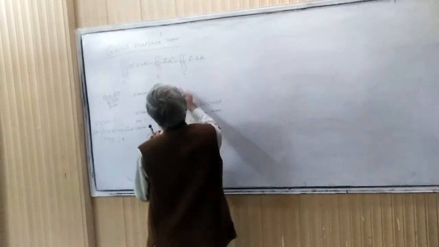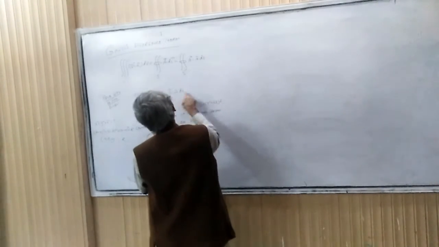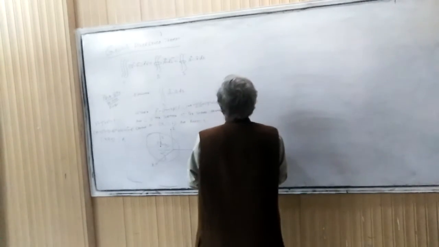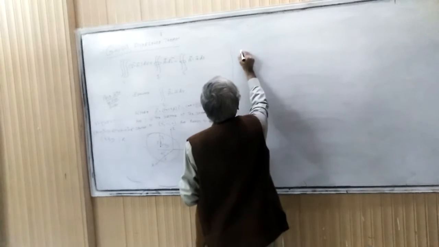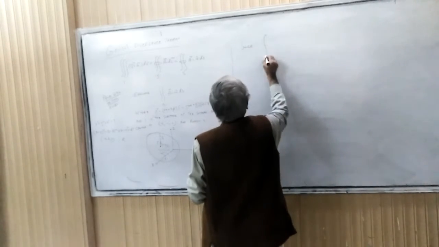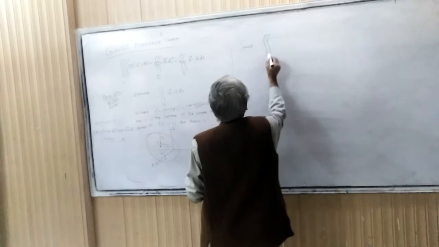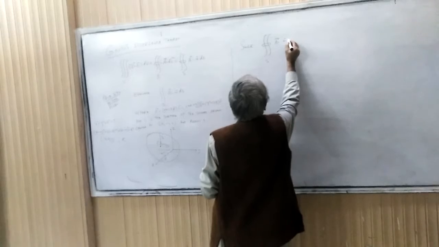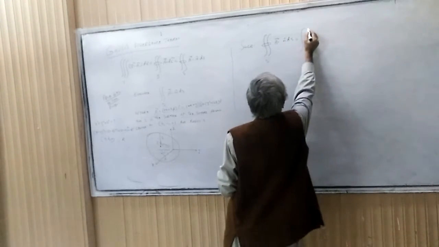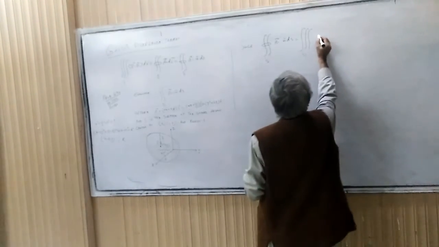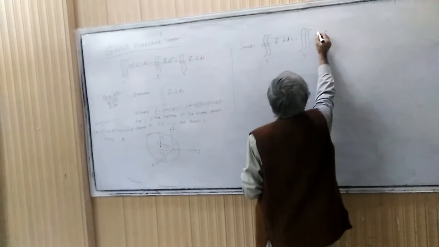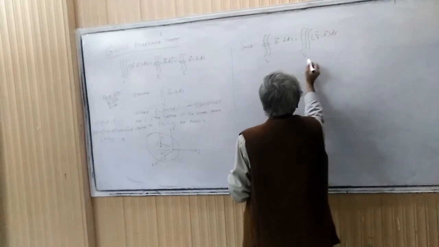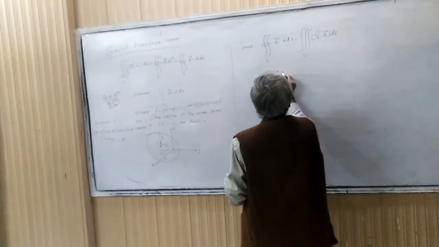Of course it is given, but since the theorem says that this side is equal to that, it will be easy to calculate that. So first of all, you say since the closed surface integral of A dot n dS is equal to the triple volume integral of del dot A dV,